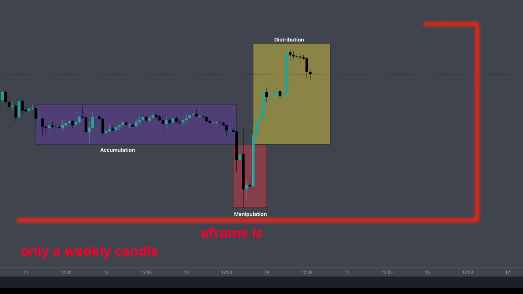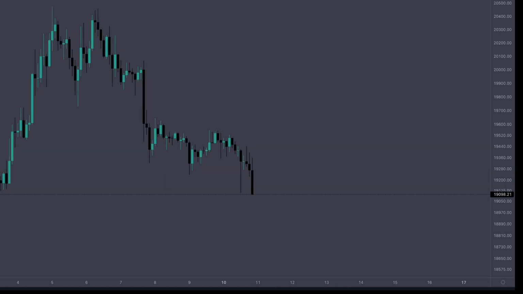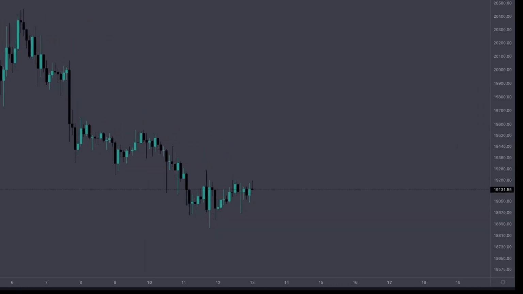This is due to the fact that the market is fractal. The older time frame is part of the younger one and vice versa. And no matter what time frame it is, everything is subject to the same rules. In the chart, you see a weekly full body candle. On a smaller time frame, it will be a full-fledged candle. We will consider this example through a weekly candle, so it will be easier to understand the logic of this